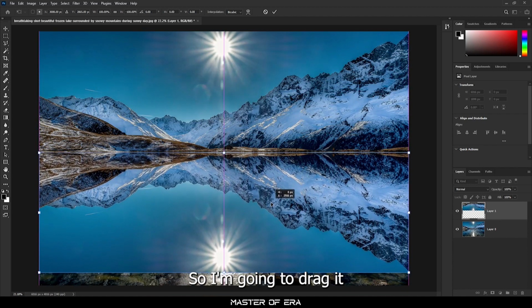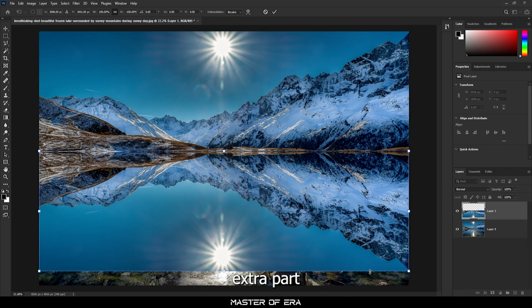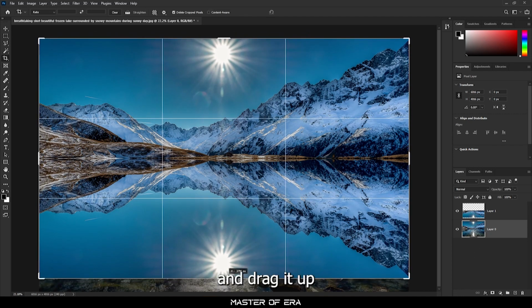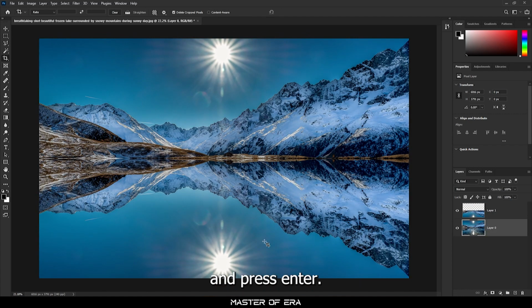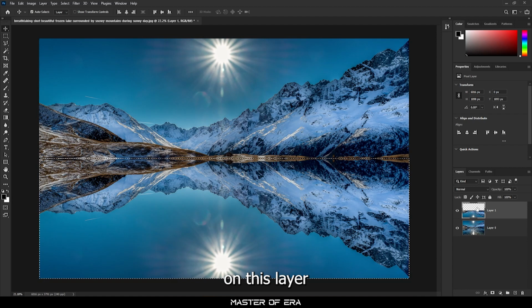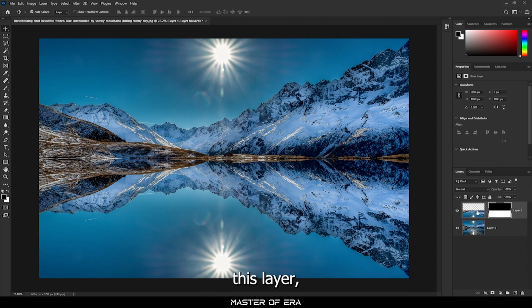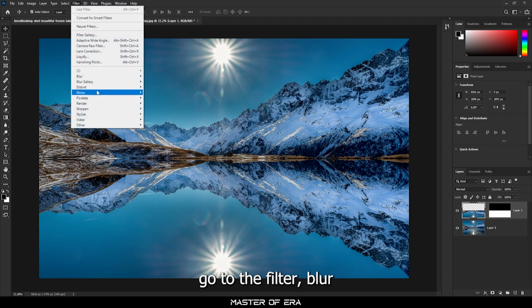So I'm going to drag it here like this, and we have an extra part of our first layer. So what I'm going to do is select this layer, press C and drag it up just like this and press enter. So the move tool, and what I'm going to do is press Ctrl and then click on this layer and then create a mask like this, and then unlink this layer, select the image, go to the filter,